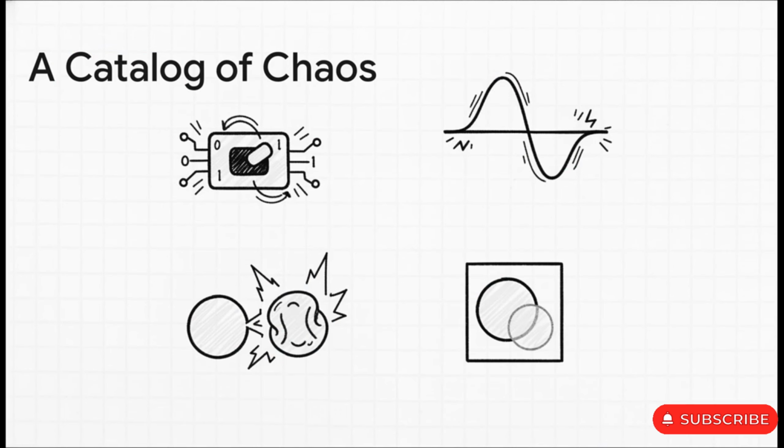And this decoherence shows up in a whole bunch of nasty ways. You've got your bit flips, which are kind of like a normal computer error, but then you have phase flips, which is a purely quantum kind of error that messes with the qubit's wave-like properties. Then there's crosstalk, where qubits start accidentally messing with their neighbors, and even leakage, where a qubit literally escapes the system it's supposed to be in. It's a mess, a truly chaotic environment.